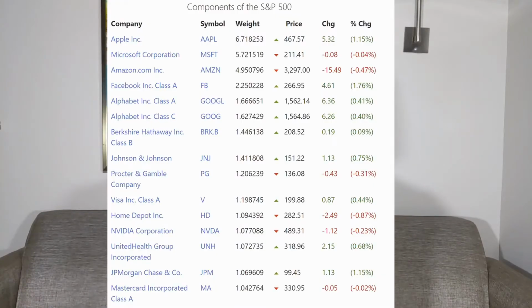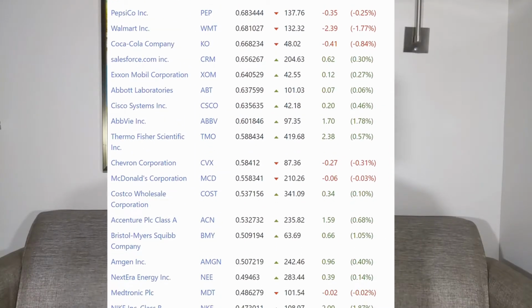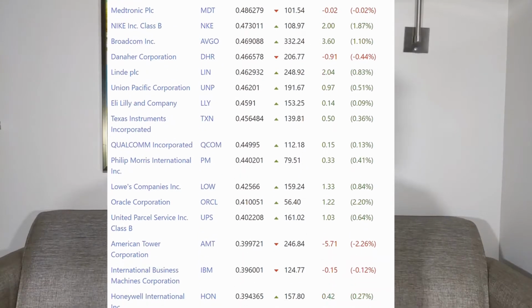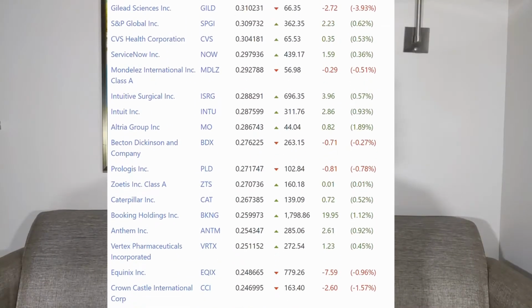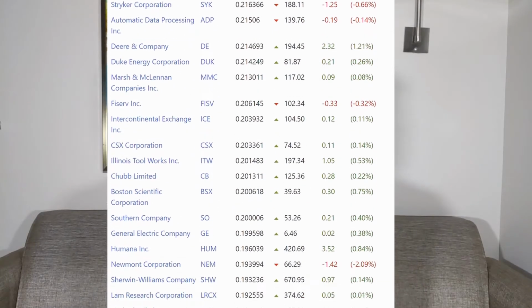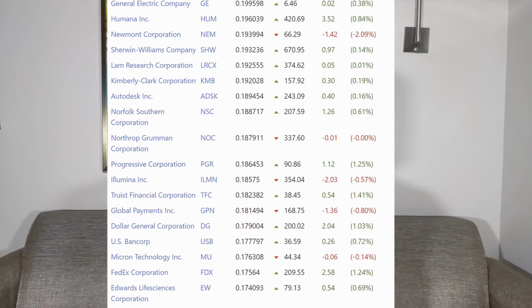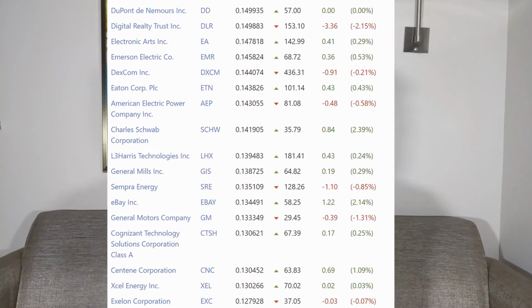Let me throw it up on the screen for you really quick, just so you can see a list of companies that are currently on the S&P 500, because it's really important to know that the S&P 500 does change. Big companies will come and go, but the S&P 500 will always remain, because it is going to automatically adjust for those large companies dropping off and for those new companies that are coming on that are publicly traded.